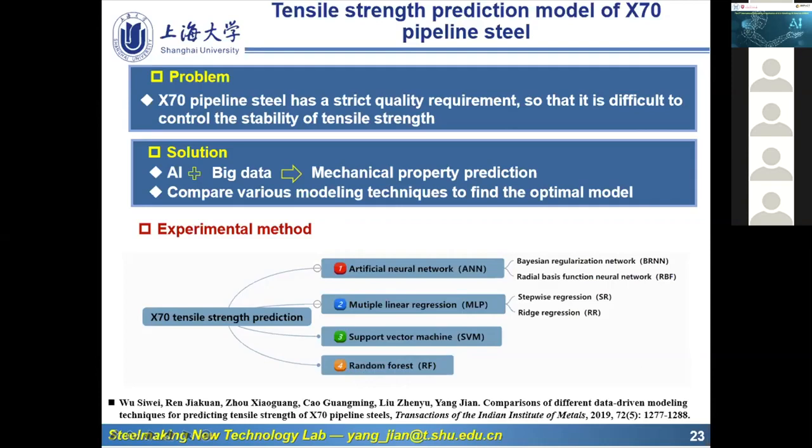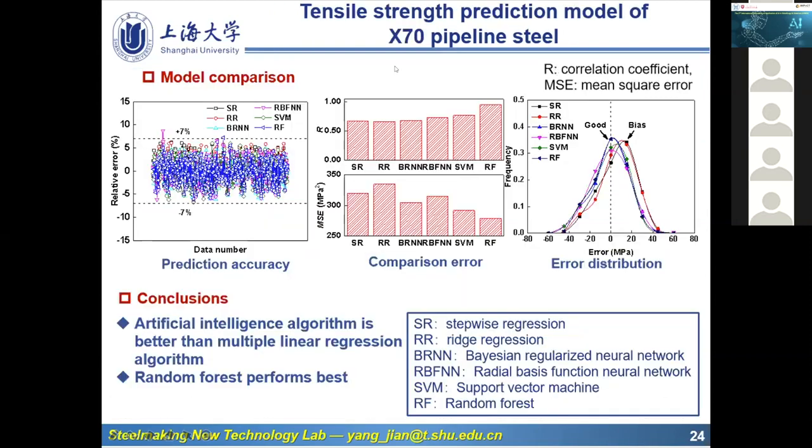And here is the tensile strength prediction model of the X17 pipeline steel. About these 6 models, the sixth one is the best one. The artificial intelligence algorithms are better than the multi-linear regression algorithm. The random forest performs the best, with a narrow, low error distribution and